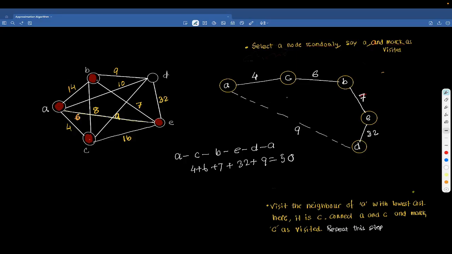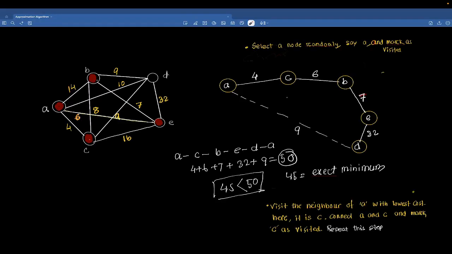So now it is concluded that the approximation algorithm gives only near minimum cost rather than actual minimum. If we compare the backtracking algorithm and the approximation algorithm, backtracking gives a cost of 45, whereas this approximation gives a cost of 50. It is not the exact minimum, however, it is a near minimum